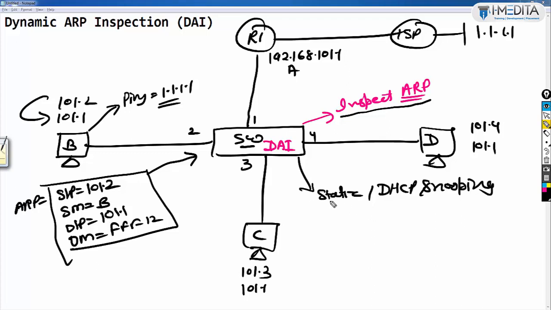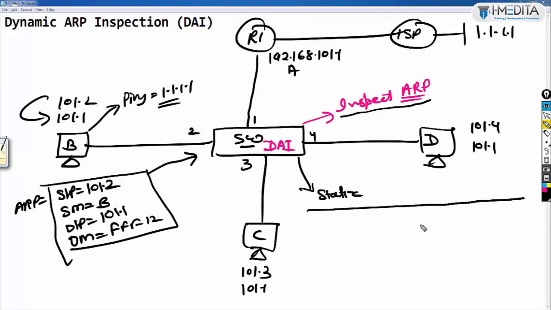Okay, now we have to choose one, either we are using static or DHCP. Now we are assuming that we have this network with static IP addressing, so we have to manually add on the switch. On the switch we will define such information.